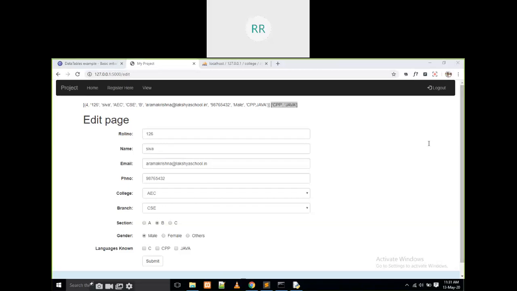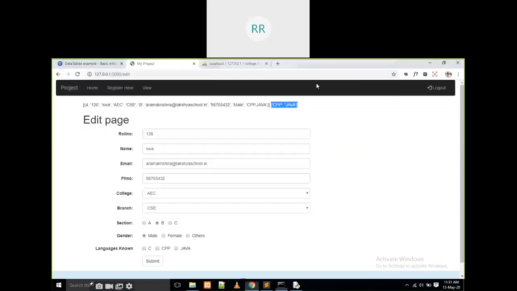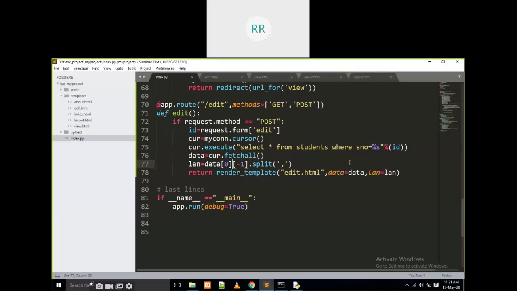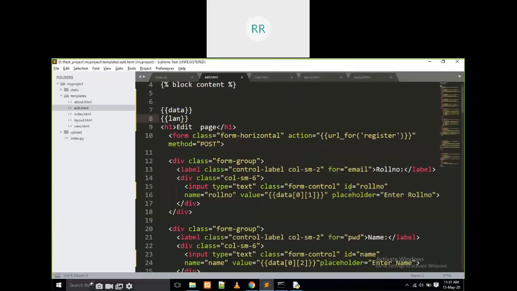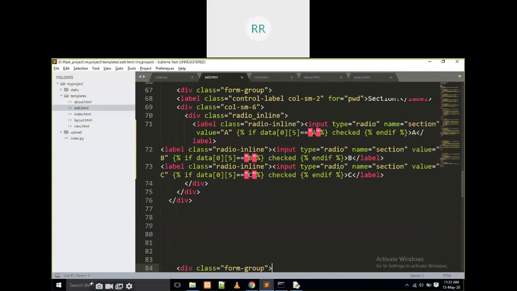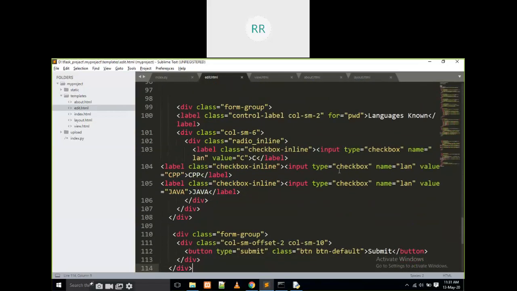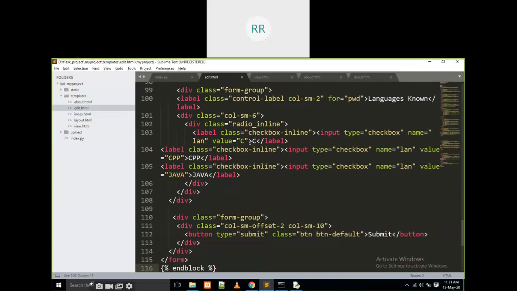Now I am going to write here. We have to move to the last column. Only one column is there. What we have to do with that column? I am going to write here if,